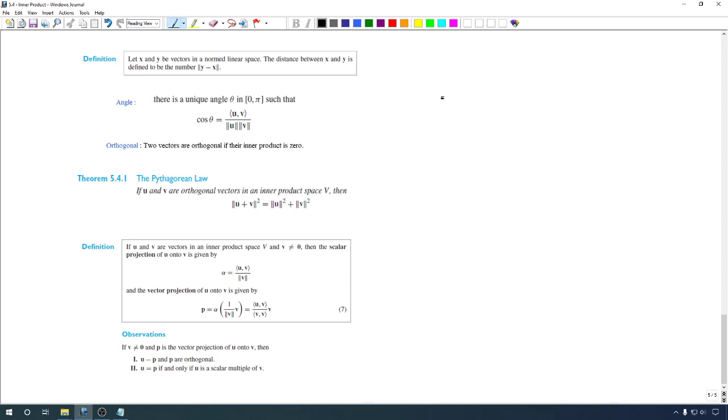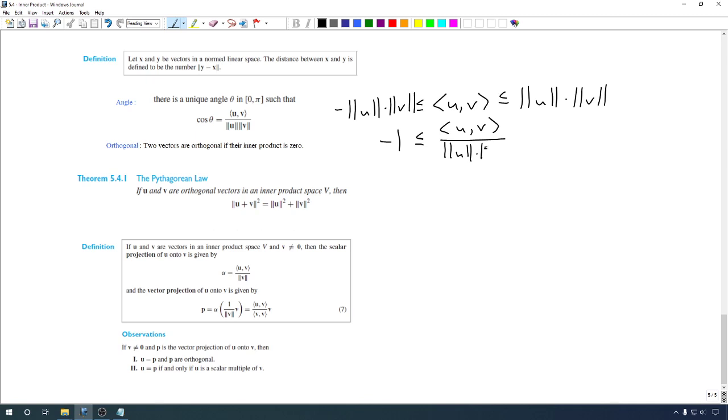Since we know the Cauchy-Schwarz inequality, we're basically saying that the inner product of u and v is less than the product of the norms, but it's also bigger than the negative of the product of the norms. Which means that if we divide by the norm of u and the norm of v, the inner product over the product of the norms is going to be a number that's always between -1 and 1. And so we can actually define angle even in situations where angle doesn't make any sense,